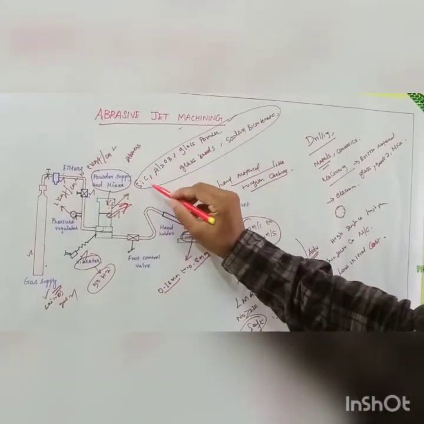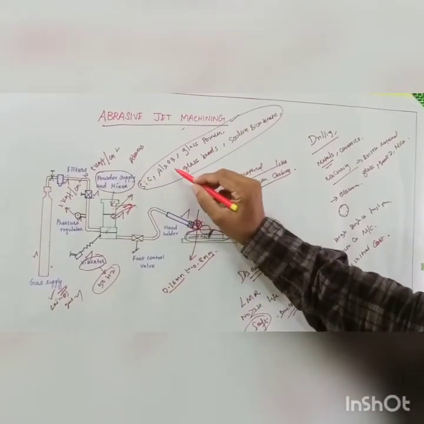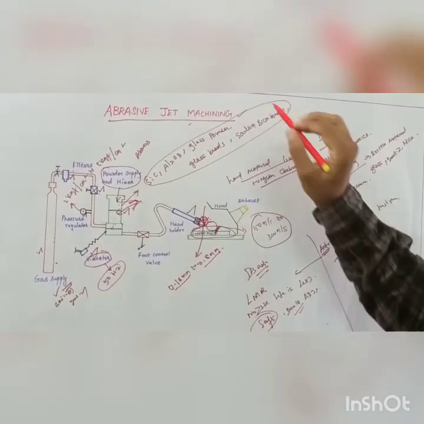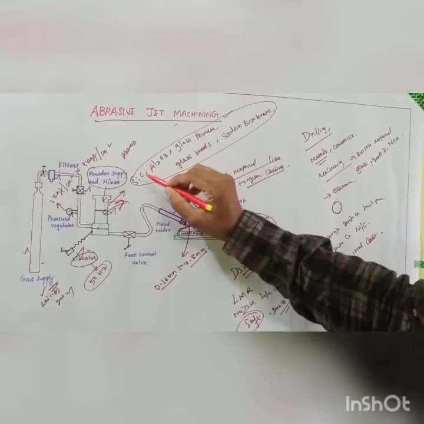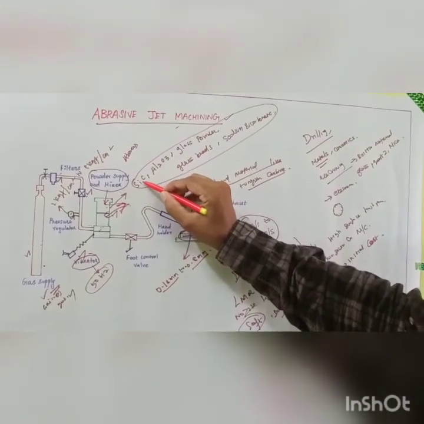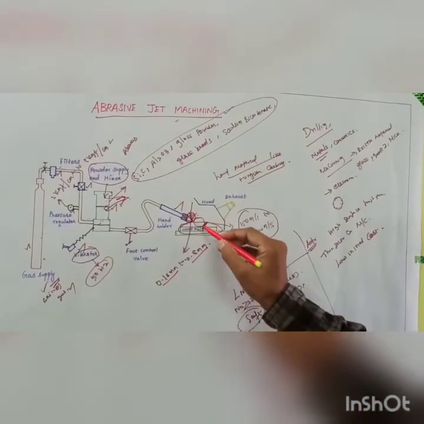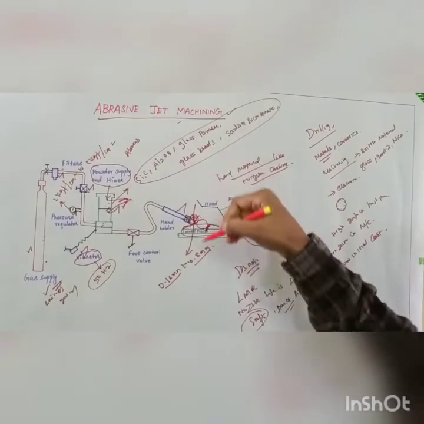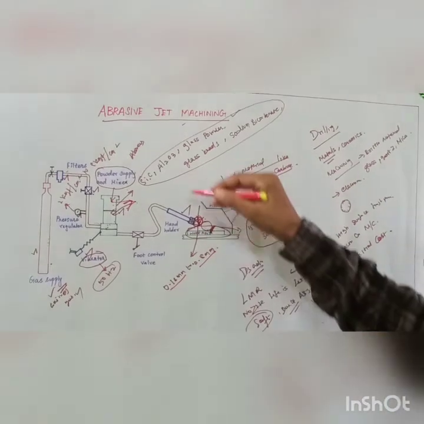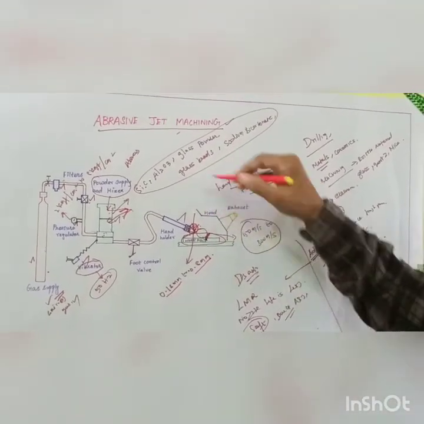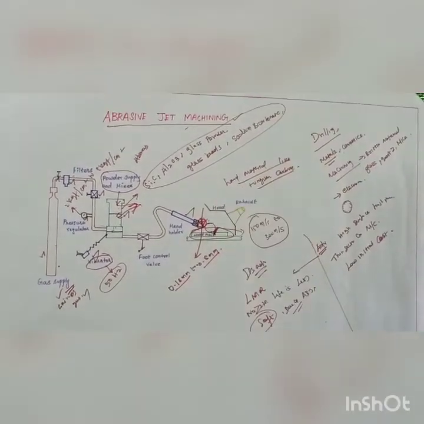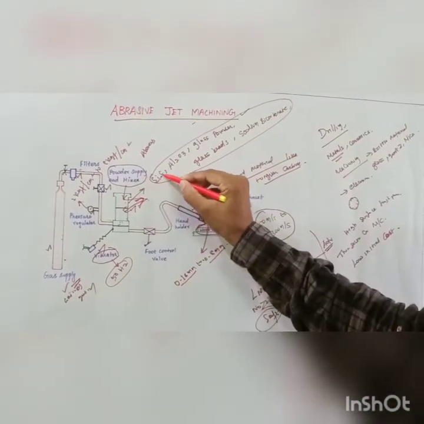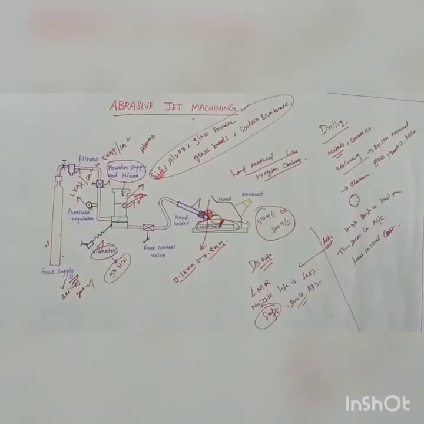Here we can use silicon carbide, aluminum oxide, glass powder, glass beads or sodium bicarbonate. We need to check the hardness of both, as it can be the main factor of the metal removal rate, and the particle size of the abrasive particles,